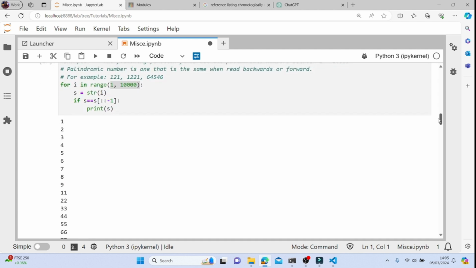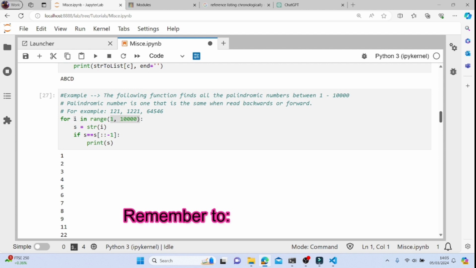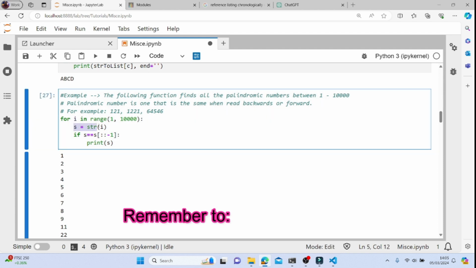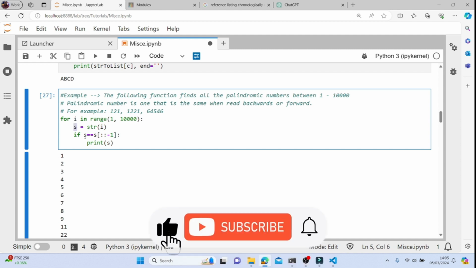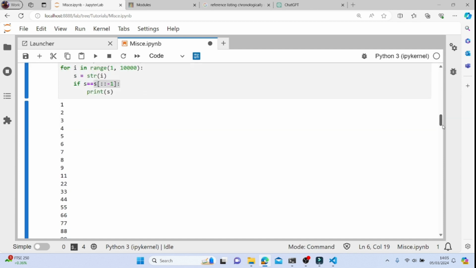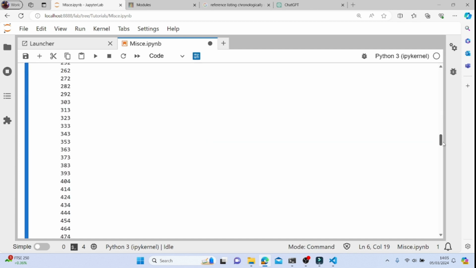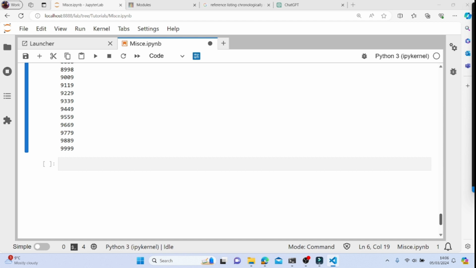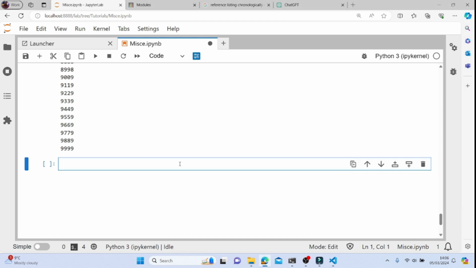You can see the power of converting numbers to string. Here we convert the number to a string, which becomes S, and now we can use the string construct of reading from back to forward to check if it is a palindromic number. Another example that I want to show you now is this: let's say we ask a user to enter